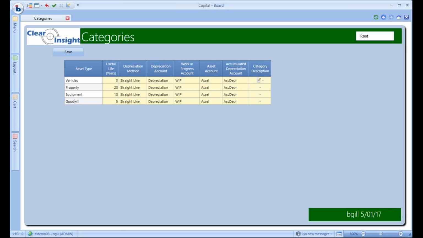With the categories screen, we're looking at, for each of the different asset types here, we have vehicles, property, equipment, and goodwill. What's the useful life in years? What depreciation method do we want for that particular category? What's the depreciation account, work in progress account, asset, accumulated depreciation, and we can have a description for them as well. So this lets us do both expense planning, so we'll calculate the depreciation expense, as well as calculation of